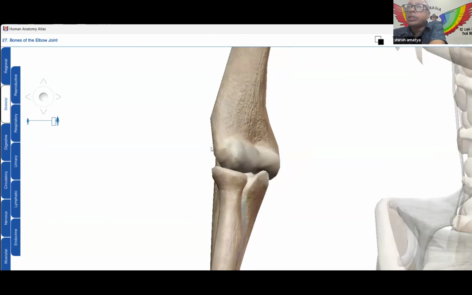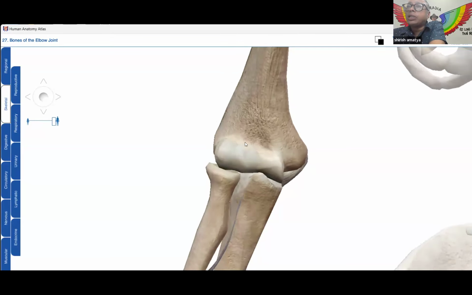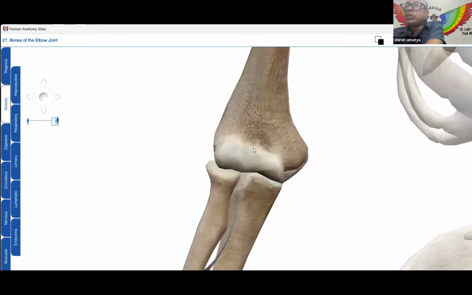So it is basically the ligaments which are attached to the tendon which is attached to the lateral epicondyle. There can be pathology in that. These are of very much clinical importance, and they can be very nicely palpated. You can just palpate the bony projection at the distal end of the humerus at both sides. Medial side it is the medial epicondyle, lateral side it is the lateral epicondyle, and in the anterior aspect there are two